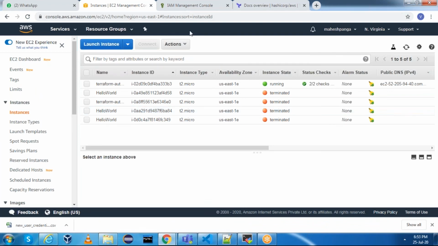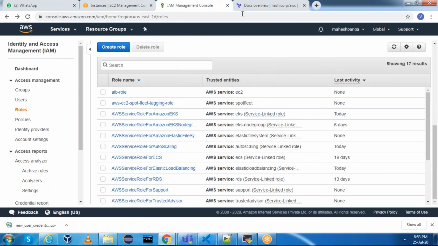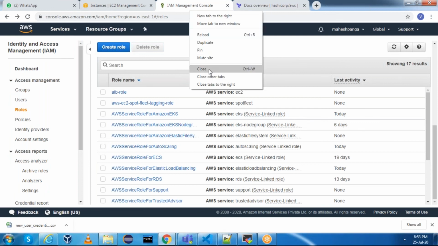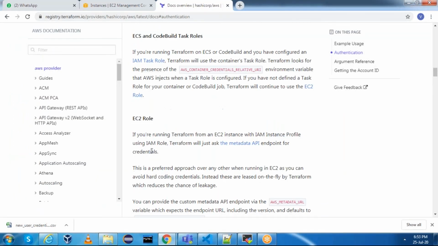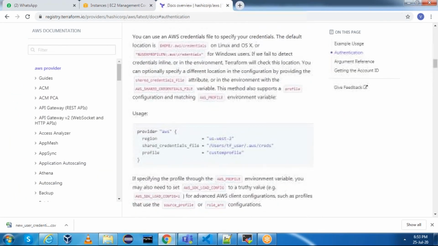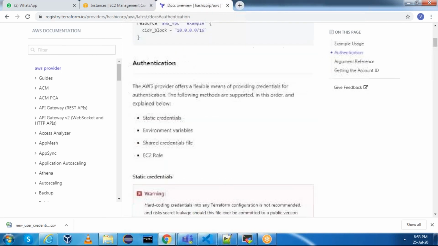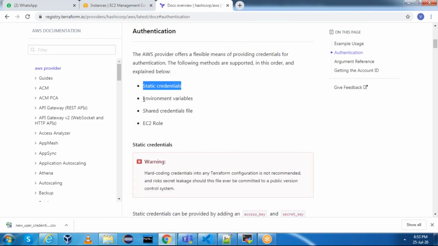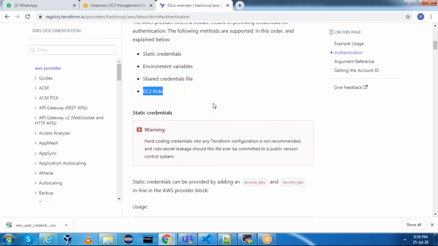We have seen four approaches, and the best recommended approach in projects is the fourth approach, which is EC2 role. It's up to individuals. If they want, still they can use static credentials, environment variables, shared credentials file, or EC2 role, but the recommended approach is EC2 role, so that no one can access our credentials and run the Terraform configuration.